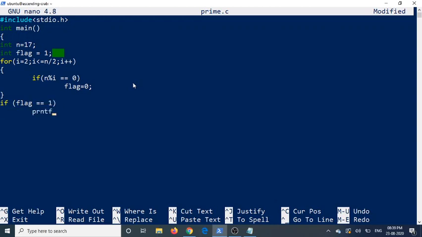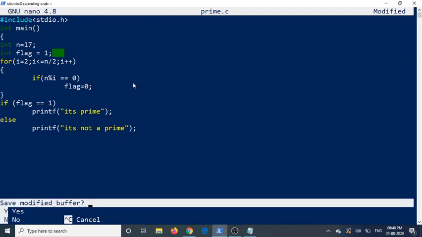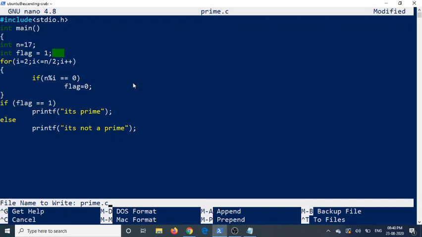that means printf, it's a prime number. Else printf, it's not a prime number. So if it is equal to 0 in any of the cases, that means it is divided without any remainder, so it's a normal program. For 17 it should be giving